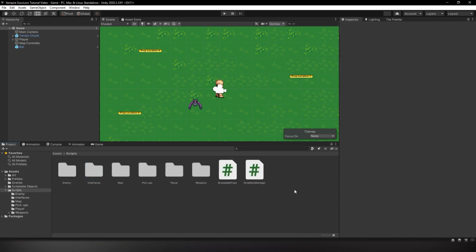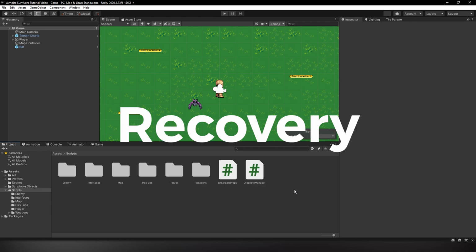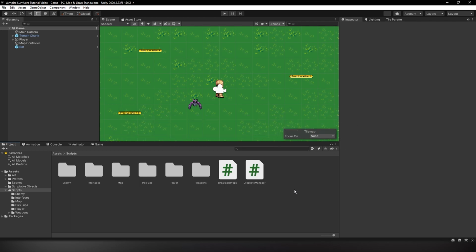Now that we have streamlined the stats, we can move on to adding new features to our characters. First up, we will implement the recovery stat that we omitted in the last part. Now the purpose of this stat is to allow the player to naturally heal when their health is below maximum, and once it reaches the maximum, the recovery will naturally stop.